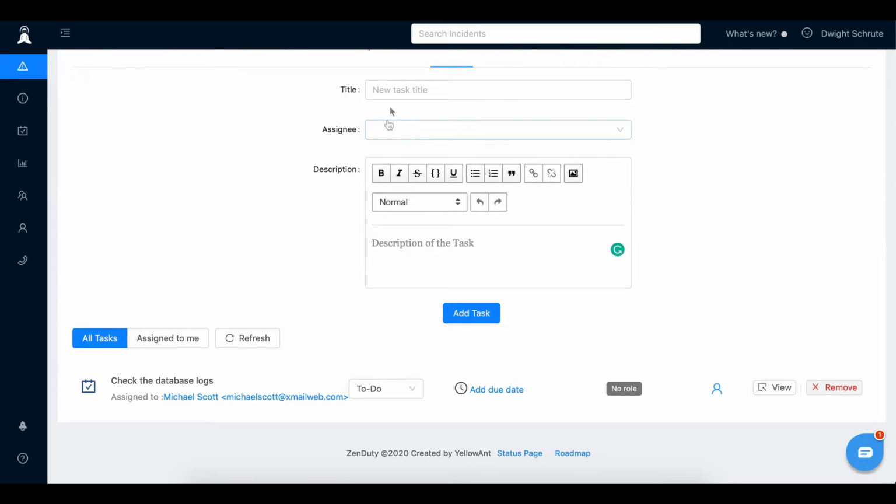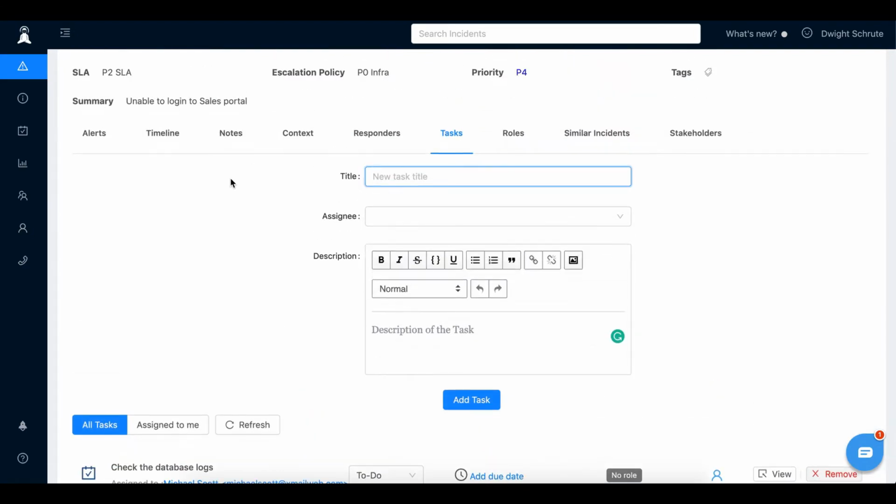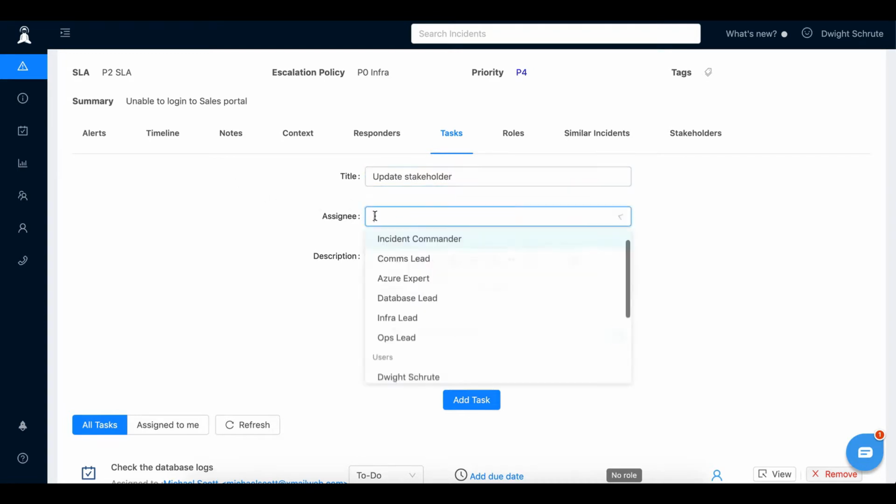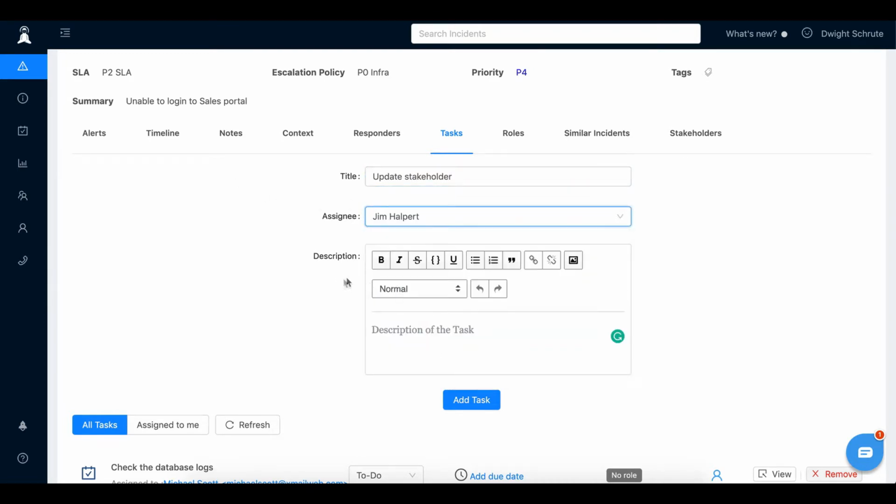I can create another task, this time to update the stakeholders, and I'm going to assign this to GM, and I'm just going to say: change the status page to new incident, send an email to the sales team with an ETA of 30 minutes.